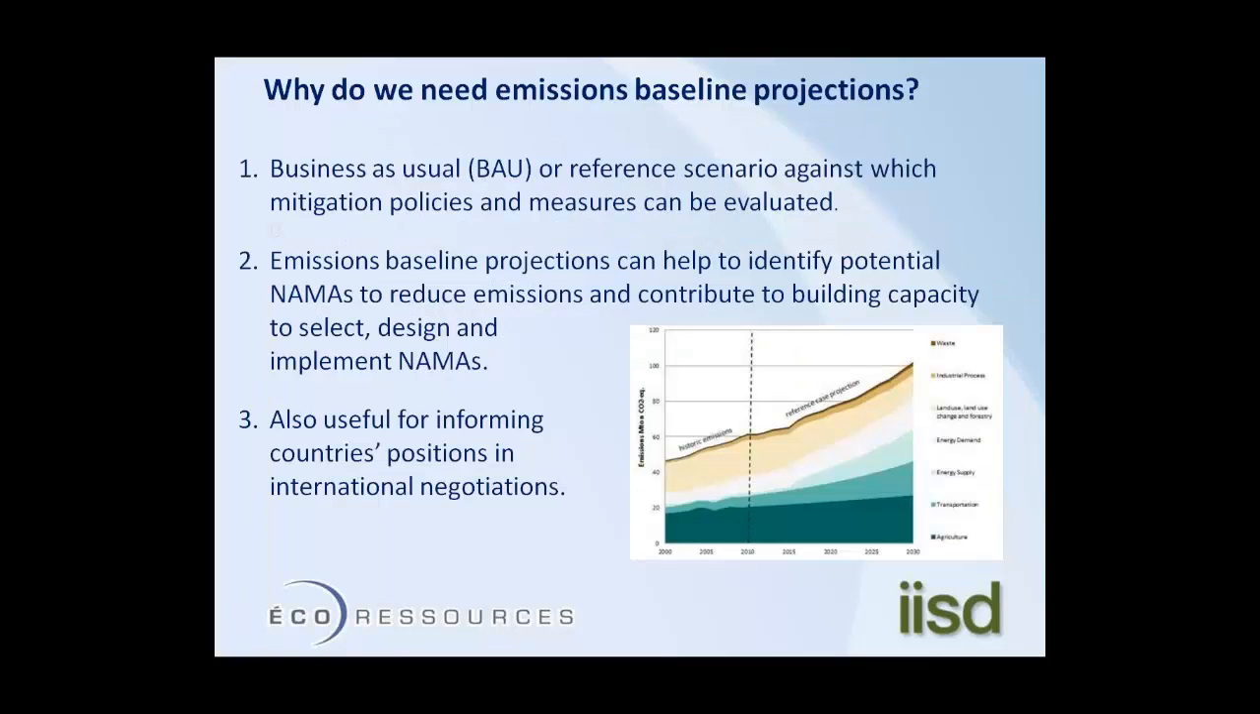So the first question is, why do we need emission baseline projections? We have to think that the main purpose of developing a baseline emissions projection is to provide a business as usual or a reference scenario against which mitigation policies and measures can be evaluated. So we want the baseline emissions projection to be something plausible and a consistent description of how a country could be expected to evolve in the future, in the absence of new policies or regulations that are directed at greenhouse